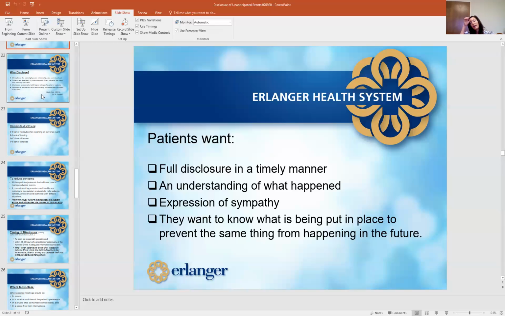I will tell you, in the 6.5 years that I have been in the role of Director of Risk Management, rare is there a patient that I've worked with, even when it's through a lawyer, because sometimes they've got a lawyer and we're still trying to reach resolution, right, and keep it out of a lawsuit. They almost always want to know, what are you going to do, Erlanger, to prevent this from happening again? That's a big, big deal. And it can be even the seemingly small things, right?